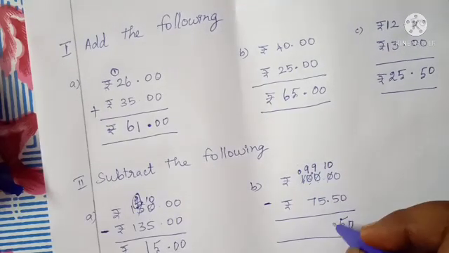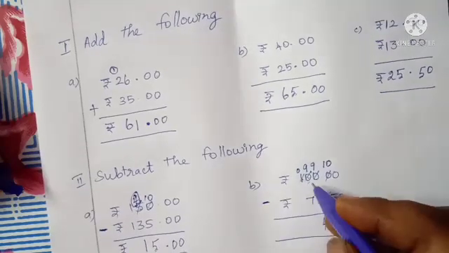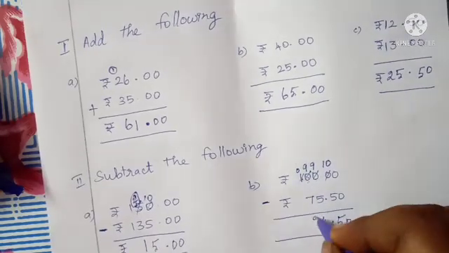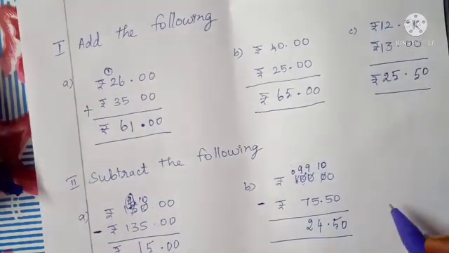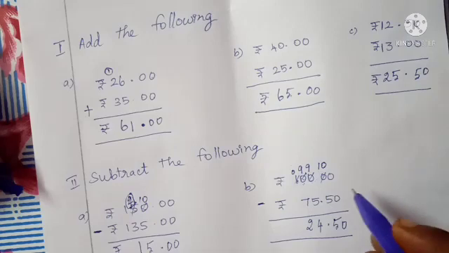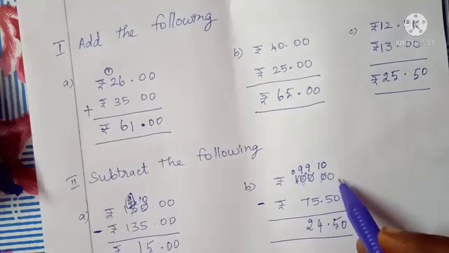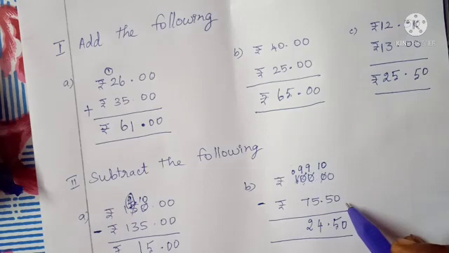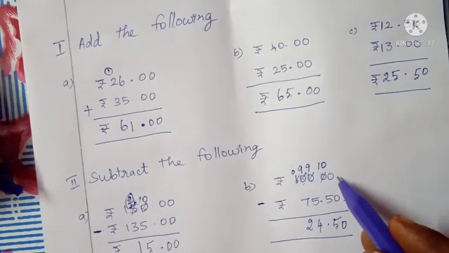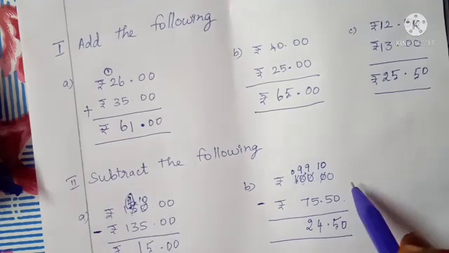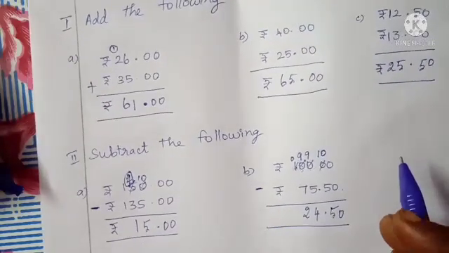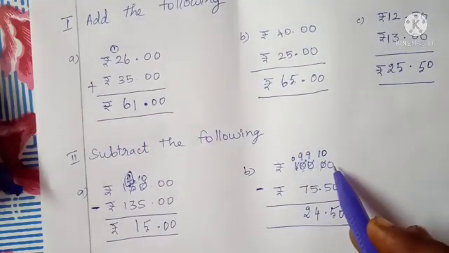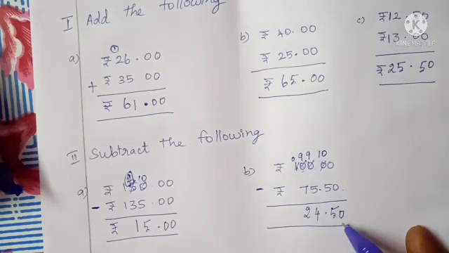9 subtract 5, 4. 9 subtract 7, 2. Here 0. So how to find out? Check once again. You reverse counting. Reverse means here do the subtraction. This last final 2 numbers you take and do the addition, then you get the first number. So you find out whether the subtraction answer is correct or wrong. You check by that method. So first number you find out from the second number with the answer.